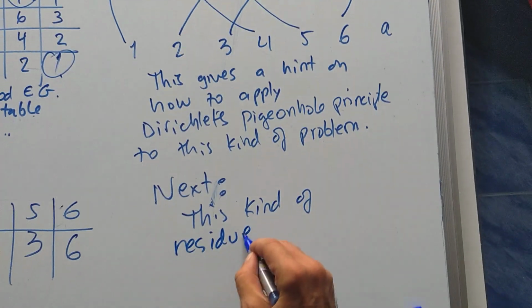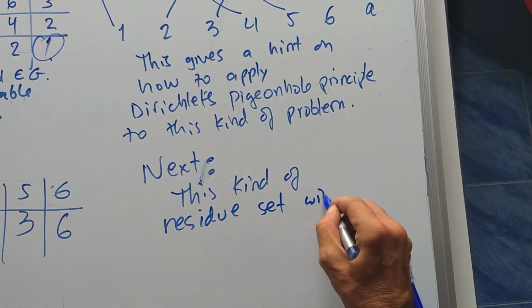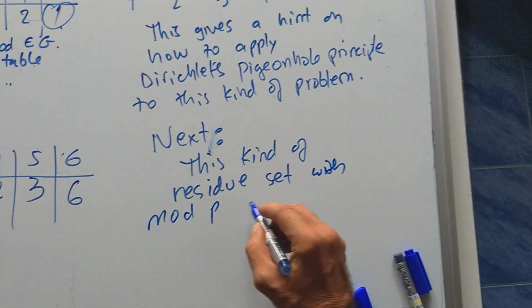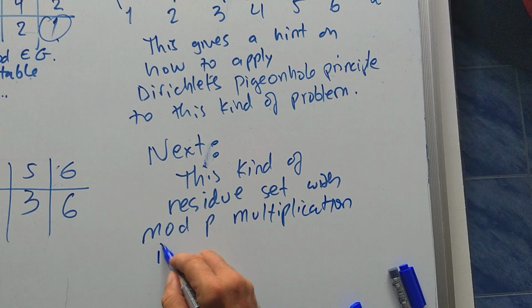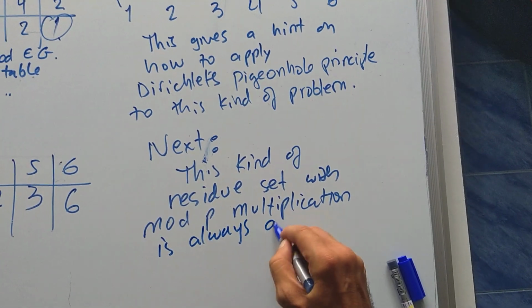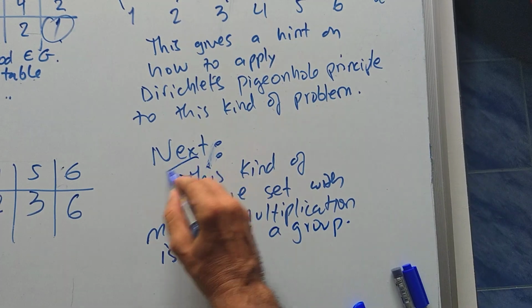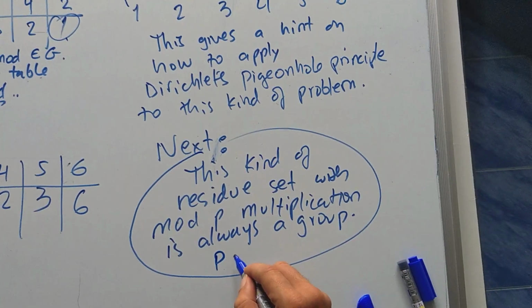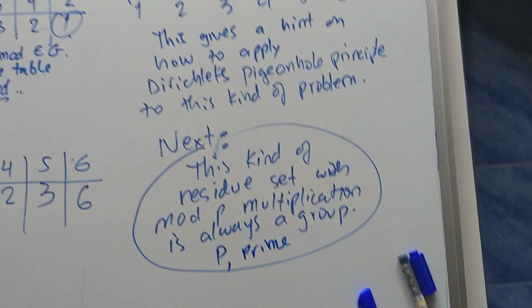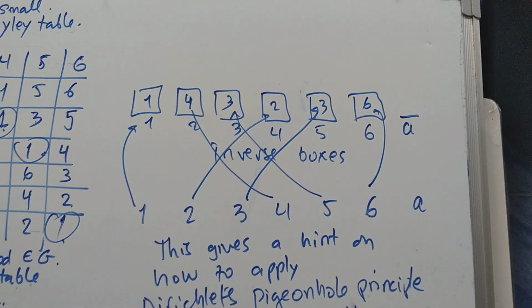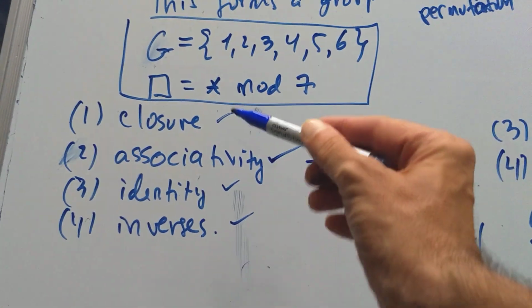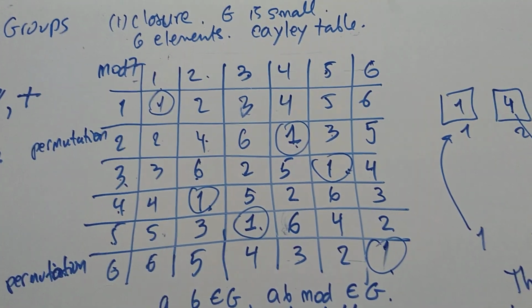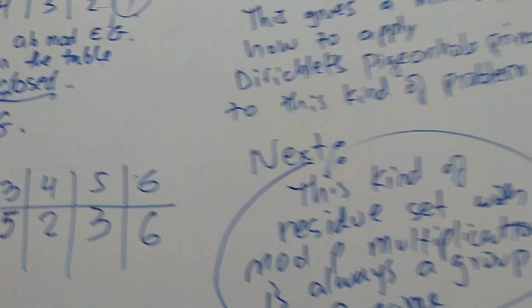the residue set with mod P multiplication is always a group, with P prime. That's what we're going to prove the next time. We're going to use arguments that are similar to this. We're going to go a little bit beyond this proof here, just proving these things. We're going to prove that in fact every row of this table is a permutation, and we're going to use Dirichlet style